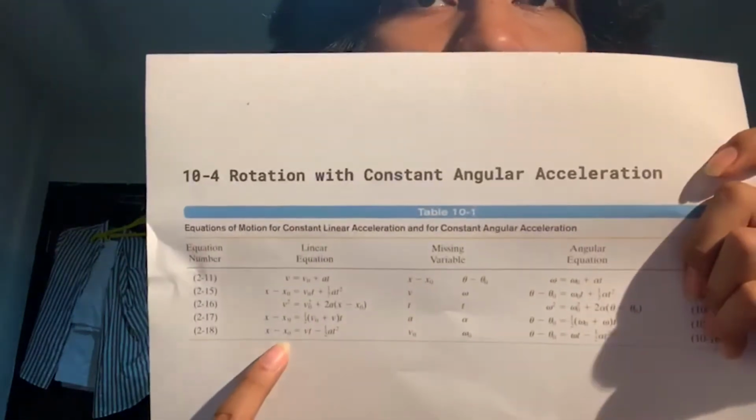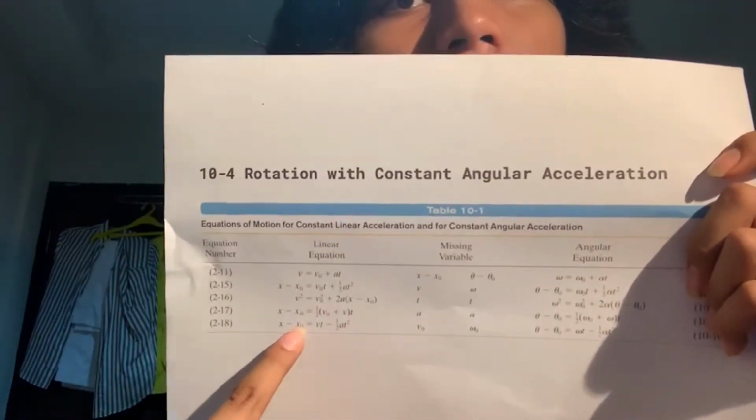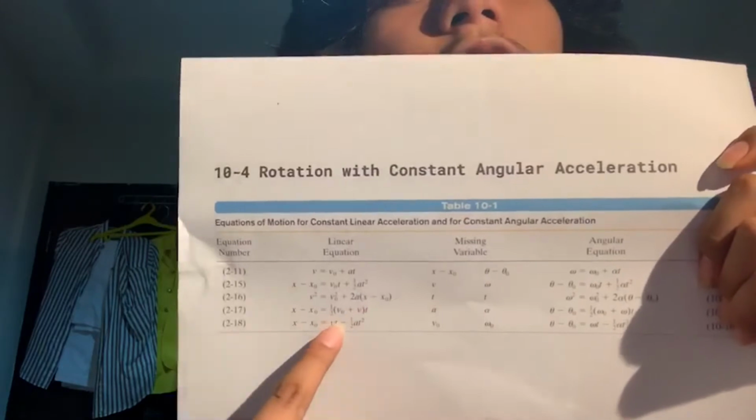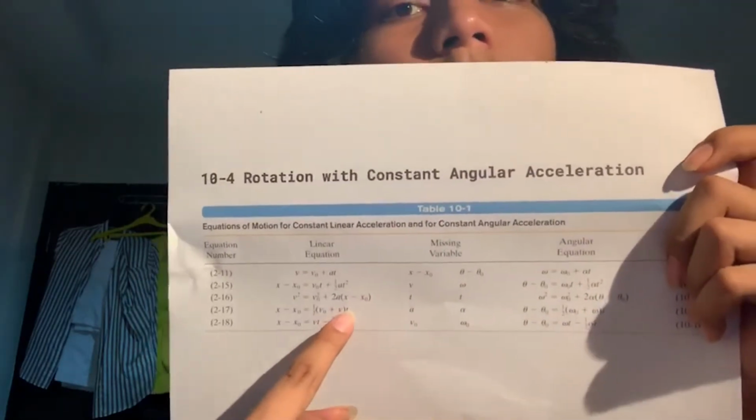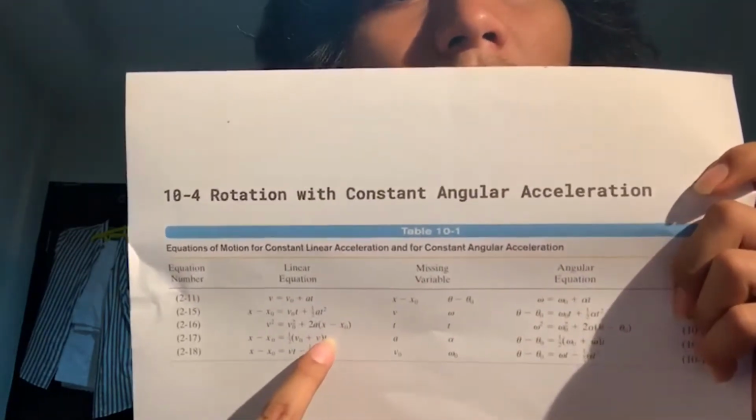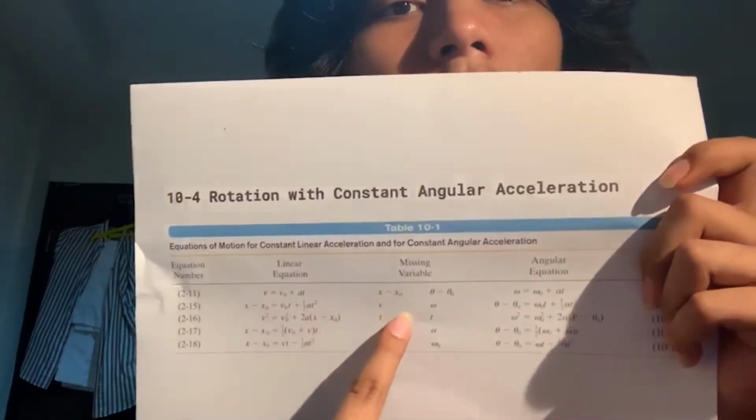The third one is v to the power of 2 equals v0 to the power of 2 plus 2a times x minus x0, which corresponds to